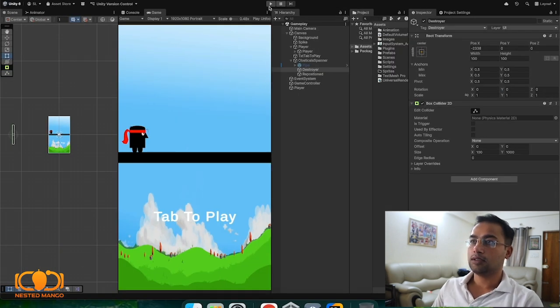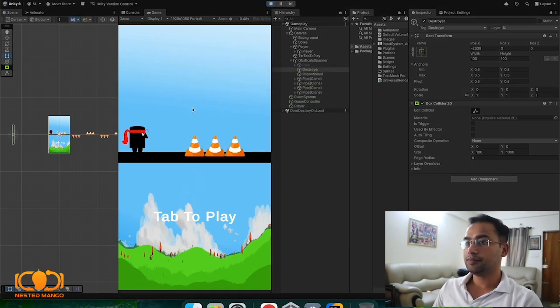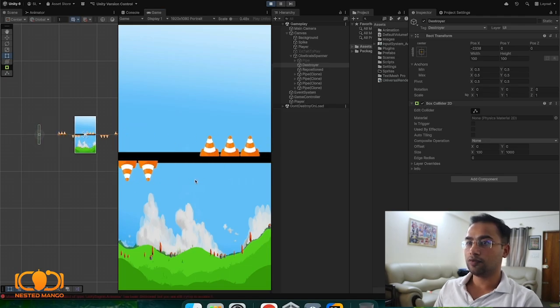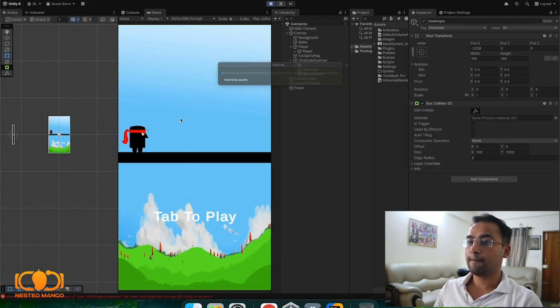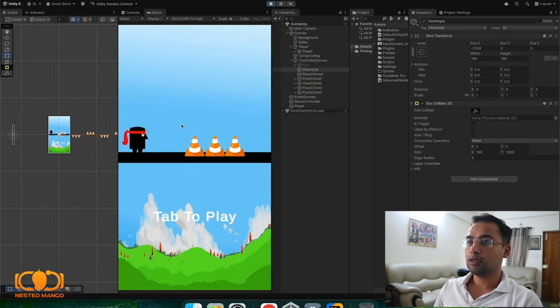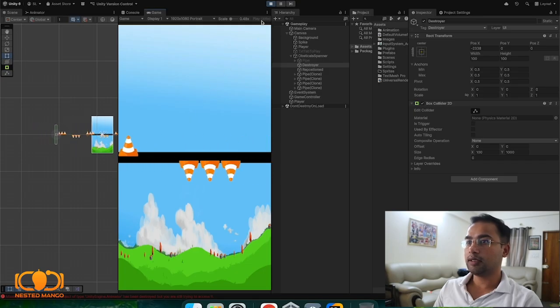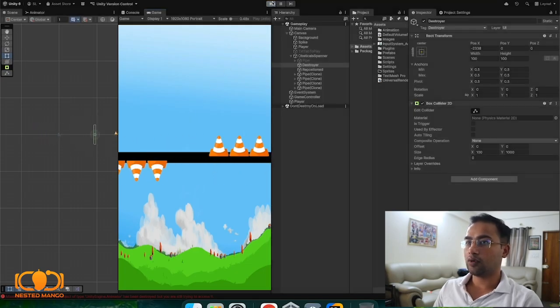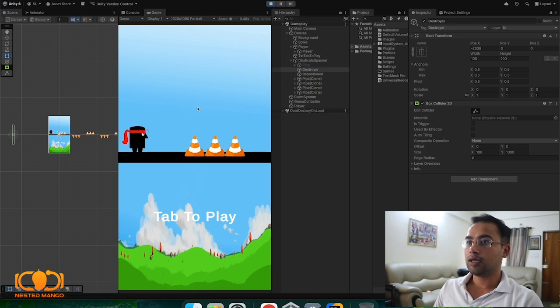Now let's see whether it's working or not. Click on the play button. Now the spikes are not moving, right? When I press on the screen it should move, right? It was moving. Again we just try. Now currently it's not moving. If I press, it's moving, right? And when it collides, the player gets destroyed. Again we just try,